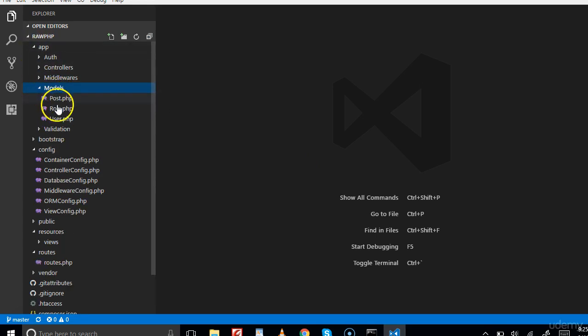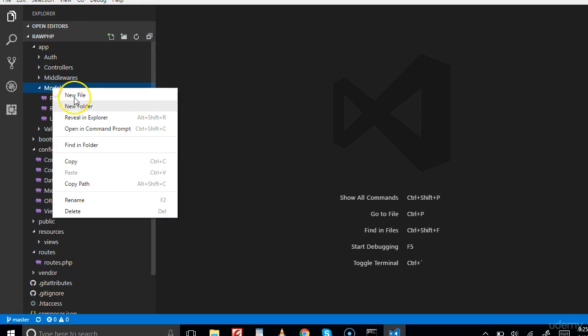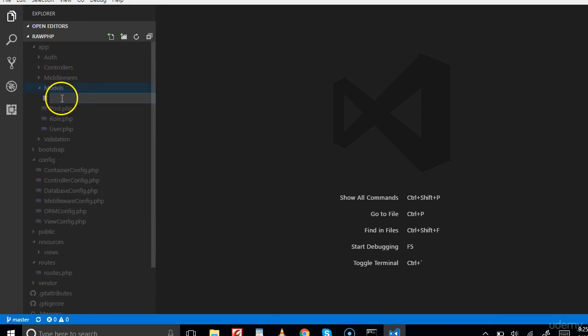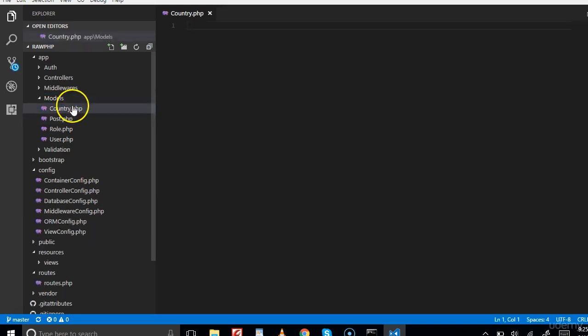So you go to your app folder, the model for countries. So right click, new file. We're creating a new file inside the models folder, and I'm going to call it country. Remember that you need the correct naming convention for your model. Your model's files must be singular, just as stated in raw PHP's documentation, which is available on